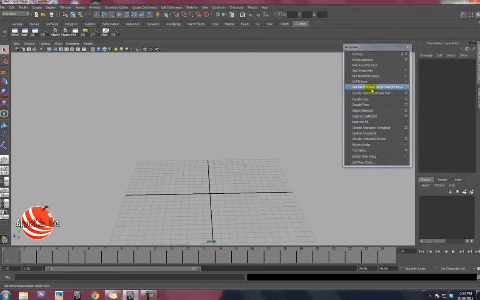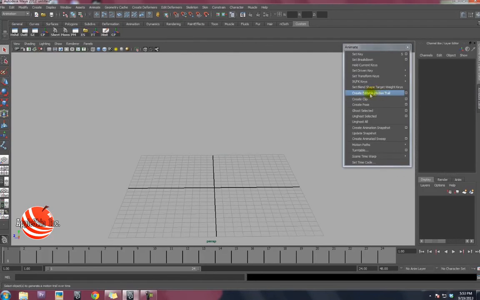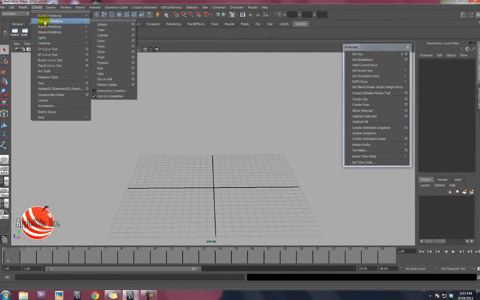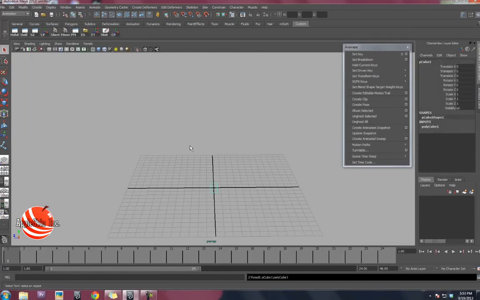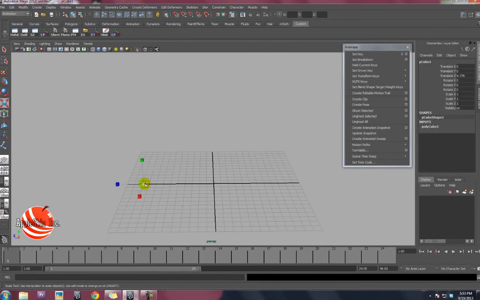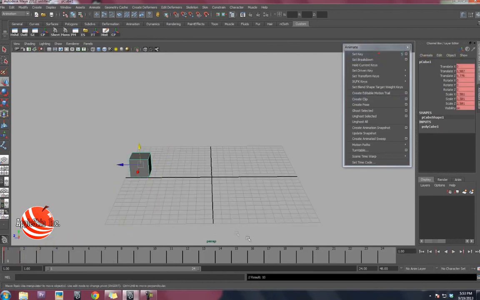Let's check out other stuff now. Set blend shape target weight keys. I think we're discussing that in a later episode, a later video class. Okay, I'm going to be discussing the other ones now. Not that, set blend shape target weight key. So let's go ahead and check out set editable motion trails. Create a small geometry like a cube. Okay. Set a key,